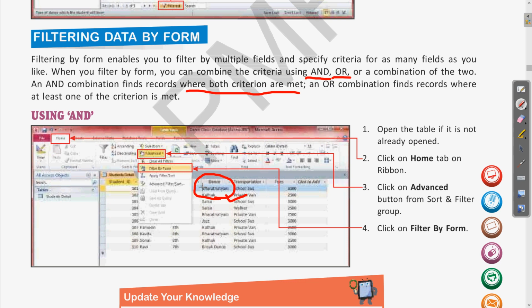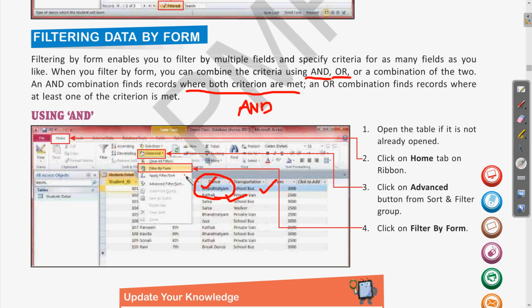He will first find who has the dance Bharatnatyam, and then filter the names of the students who are using the school bus. Clear? So this way we can use both conditions using AND. This way you can add more than one condition, more than one criterion. Then the next is an OR combination, which finds records where at least one of the criteria is met.